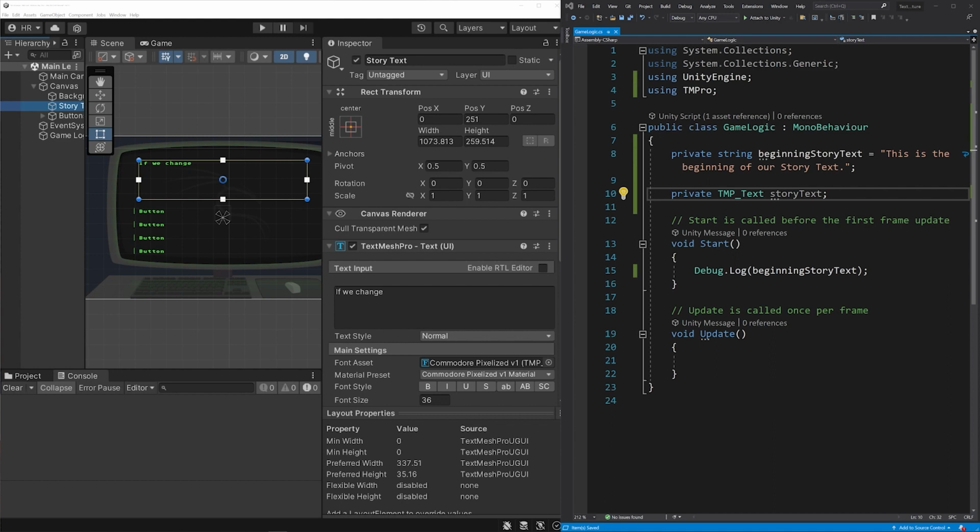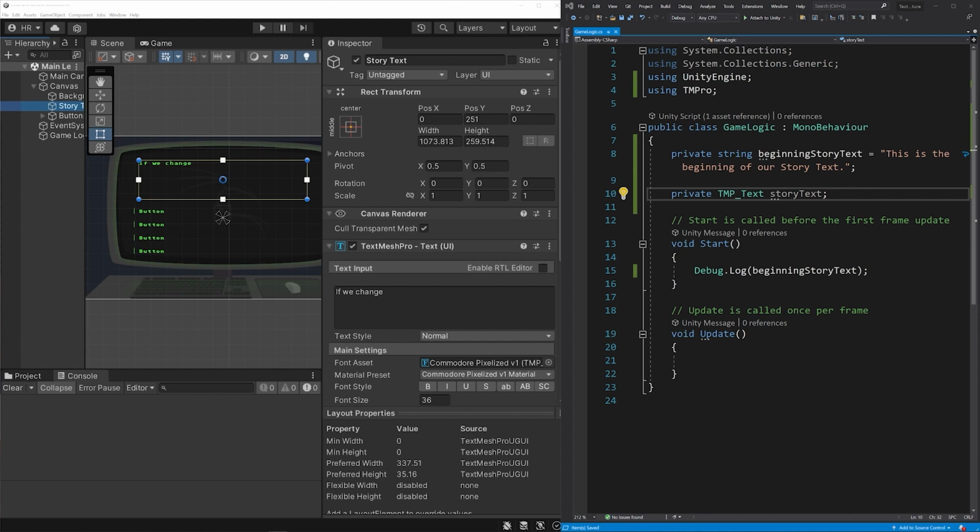Still, probably the best one is to make this variable accessible in our Unity editor. To do that, we have to give this variable an attribute. All attributes are just a way for our Unity editor to interact with our code. Let's give this variable the serialized field attribute. With that attribute, our Unity editor will be able to see and assign a value to this variable directly from